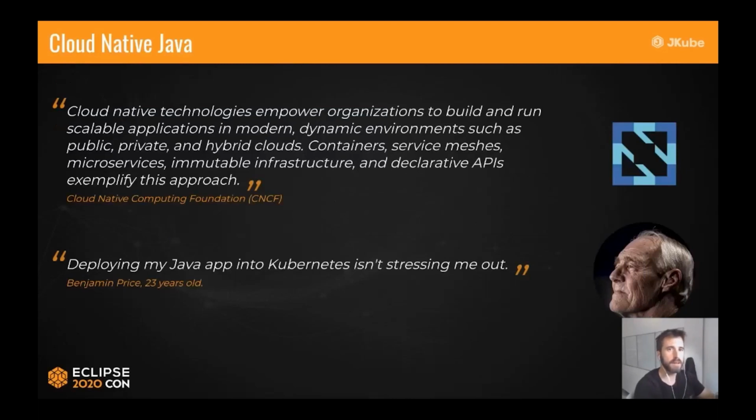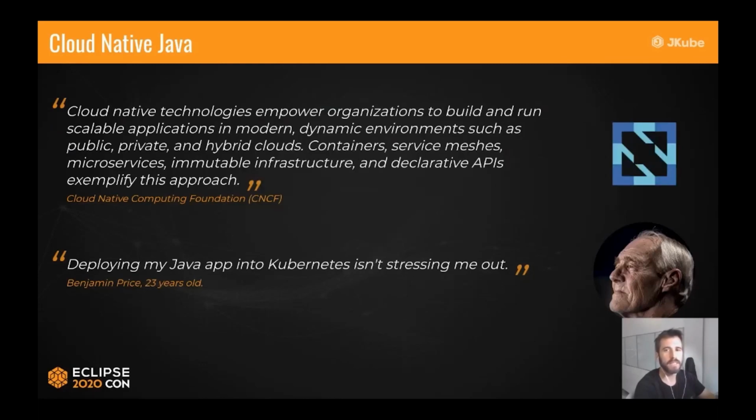If we check the Cloud Native Computing Foundation definition, we see that cloud native technologies empower organizations to build and run scalable applications in modern dynamic environments such as public, private, and hybrid clouds. Containers, service meshes, microservices, immutable infrastructure, and declarative APIs exemplify this approach. So this really is a very broad definition, and probably for us Java developers, what makes more sense is that